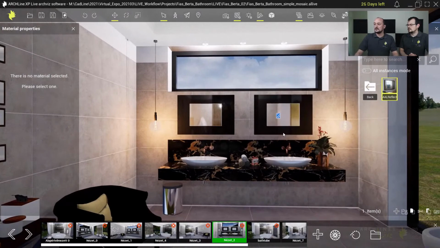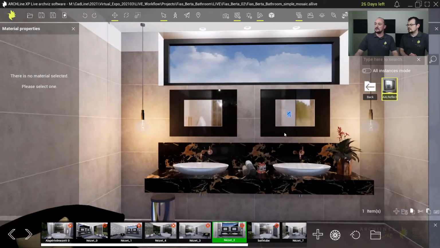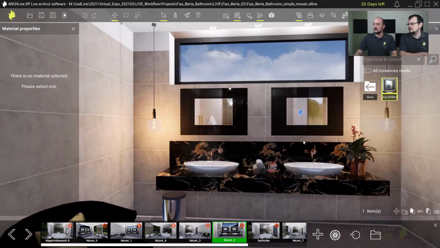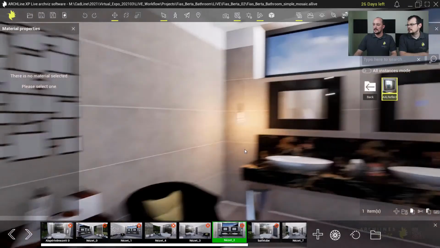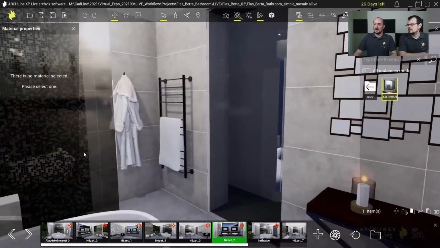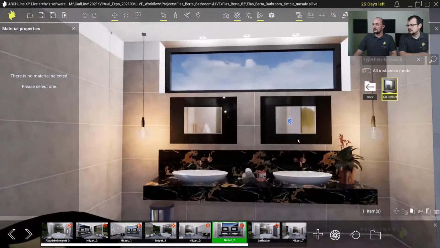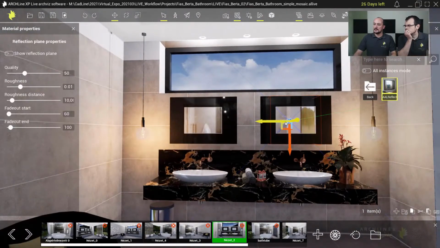Now, the reason it's not by default like that is because it consumes a little bit of the computer. So if we used too many real reflections, it would slow down the whole mechanism. But as you can see, the bathrobe behind us actually appears at the proper position. Now this is something we can see here. This is the reflection plane. This reflection plane can be used on large portals, just as we had this office building before with the